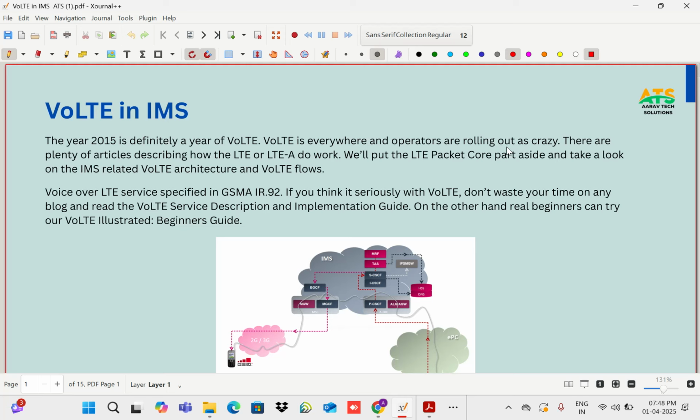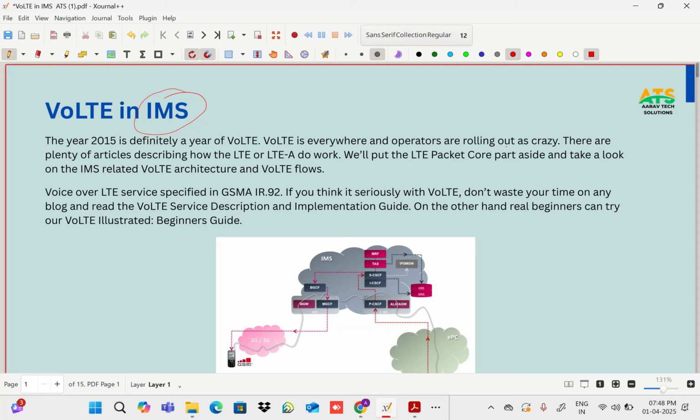All. Today we'll discuss VoLTE in IMS. The year 2015 is definitely a year of VoLTE. VoLTE is everywhere and operators are rolling it out like crazy. There are plenty of articles describing how LTE or LTE Advanced work. We'll leave the LTE packet core part aside and take a look at the IMS related VoLTE architecture and its